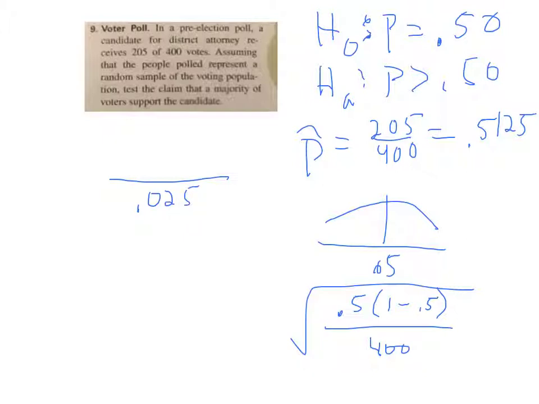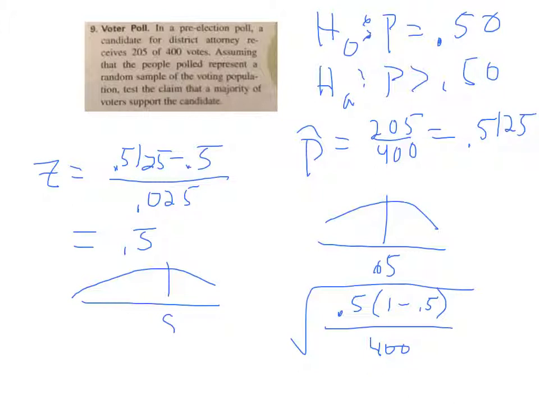And then I'm going to take the P-hat value and subtract that center value, 0.5, and this is going to be our test statistic, our z-score. This is giving me a z-score of 0.5. So if I go into the table, look up 0.50, the value to the left is, because the table always tells me to the left, and if I've got a z-score of 0.5 standard deviations above the mean, it's telling me